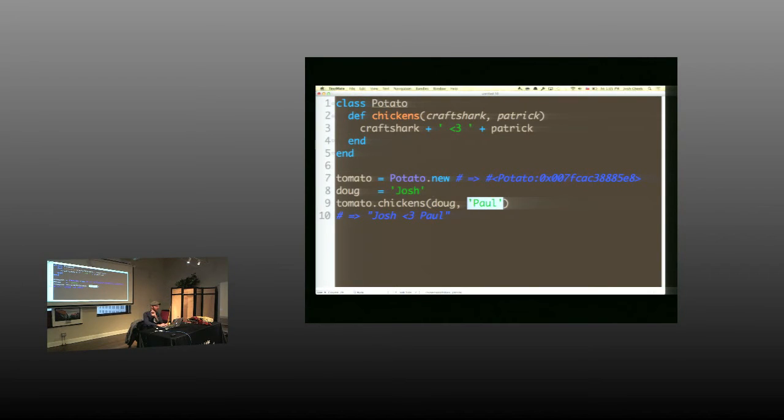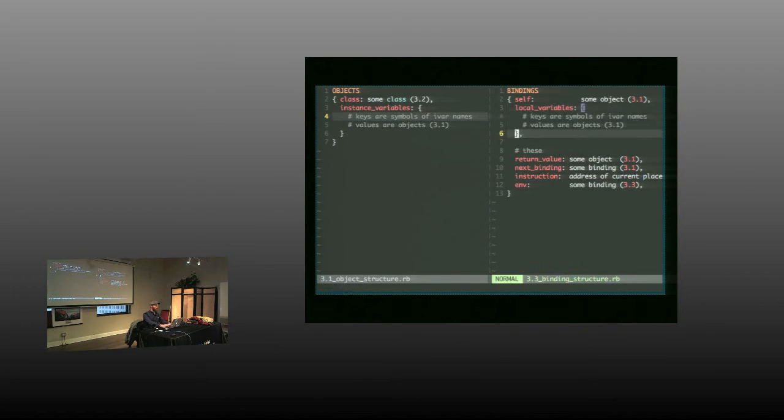It's got its two arguments, and it's got the receiver of the method. And now it's got to go find this chickens method. So what it's going to do is it's going to go look at the tomato, and in the tomato, it's got two things, the class and the instance variables. And we know that the class is where we store methods.